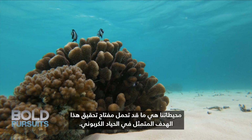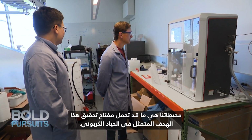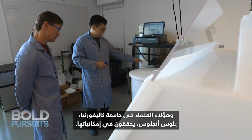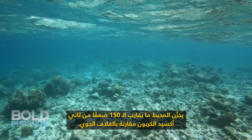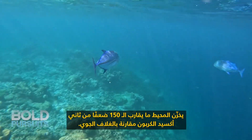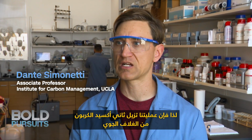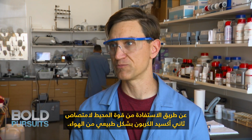It's our oceans that could hold the key to achieving that carbon neutral target. And these scientists at the University of California, Los Angeles, have been investigating its potential. So the ocean stores approximately 150 times more carbon dioxide than the atmosphere. So our process removes carbon dioxide from the atmosphere by leveraging the power of the ocean to naturally absorb carbon